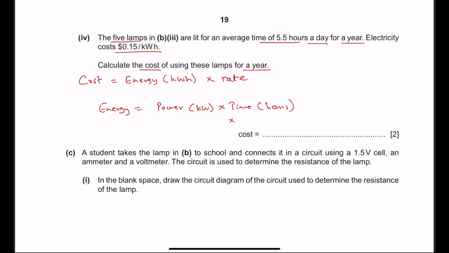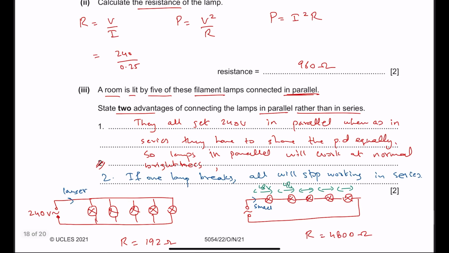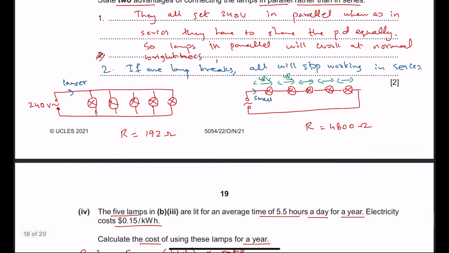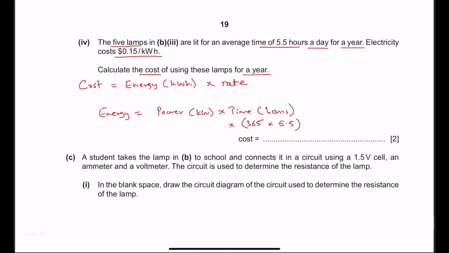You have 1 year, so how many days are there in 1 year? 365 days, and for each day they are lighting the lamp up for 5.5 hours. So this is the total amount of hours that the lamps are used for. The power in this case can be found from the previous part. In part B, it was stated that the rated power for each lamp is 60 watts. Now we have a total of 5 lamps, so 5 into 60,